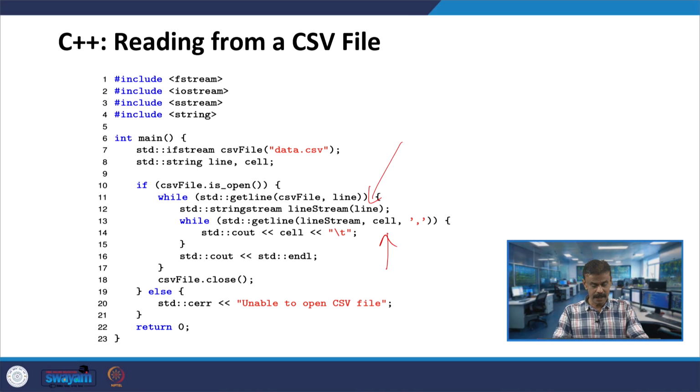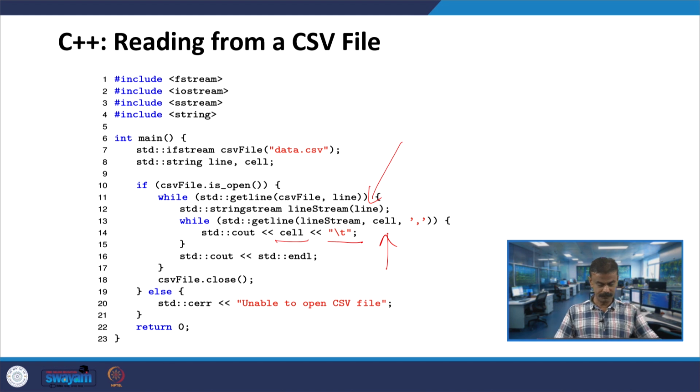Then you cout the cell with a tab. Once you come out of the while loop, it keeps doing this for all the lines, splitting them into cells with the comma delimiter and printing each cell.